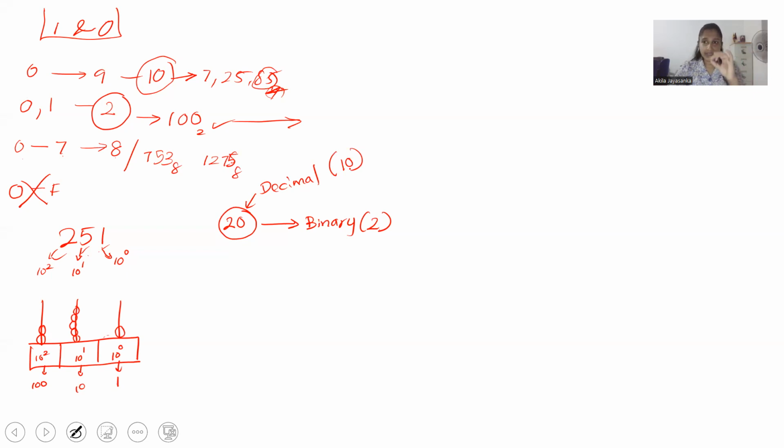If it is octal, the base number is 8. If it is hexadecimal, the base number is 16. Right? So, now I am asking you to convert this decimal number into binary. So, now you know the base value of the binary format. Once you know the base number, you can divide this decimal number by using the base of the binary